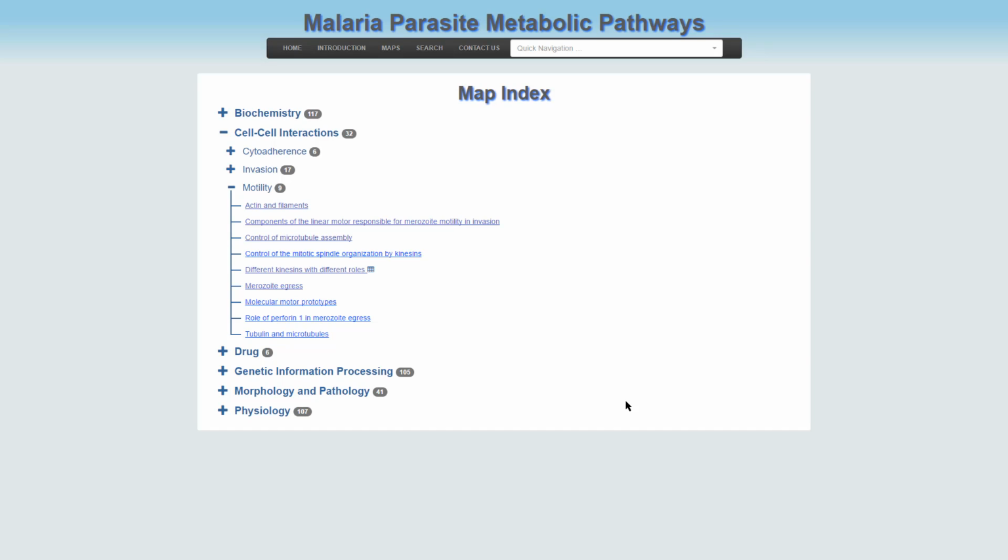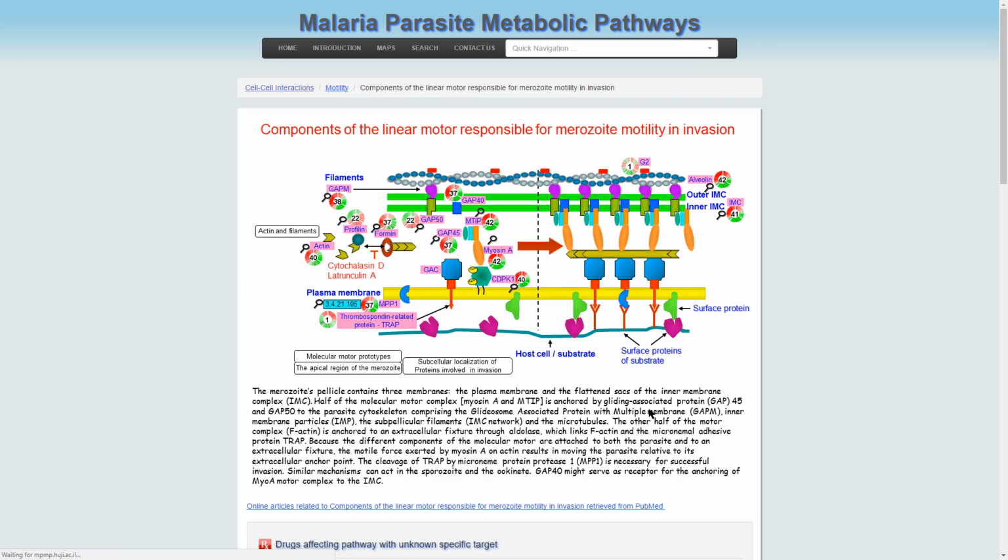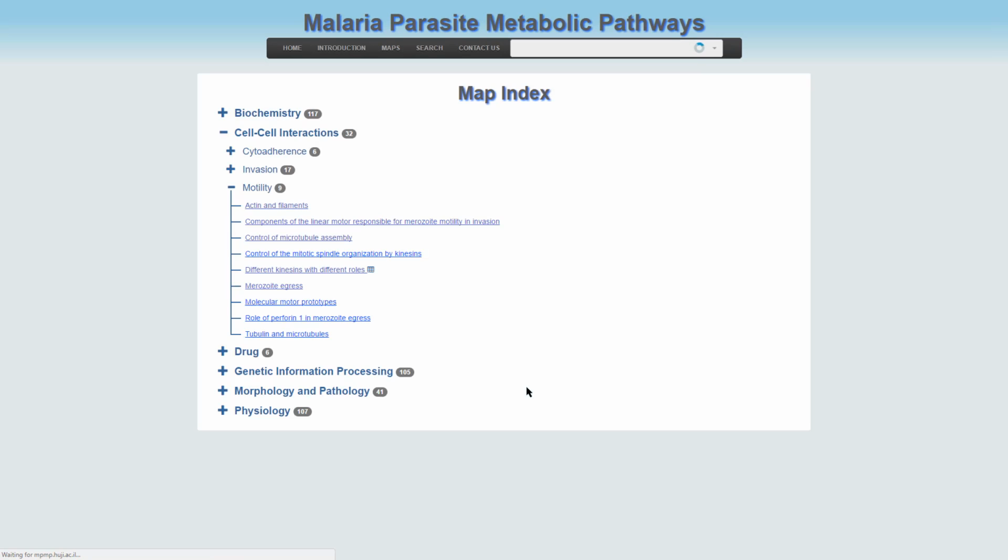Now we move to motility, and just following what we did with invasion, we go to components of the linear motor, which is responsible for invasion. We see here the various components, but this sub-menu includes also other